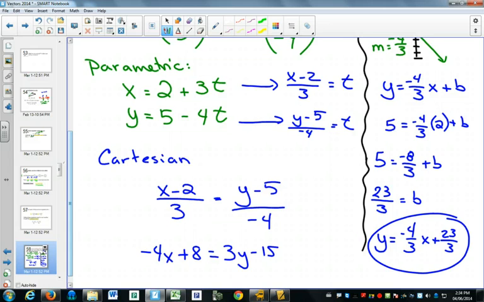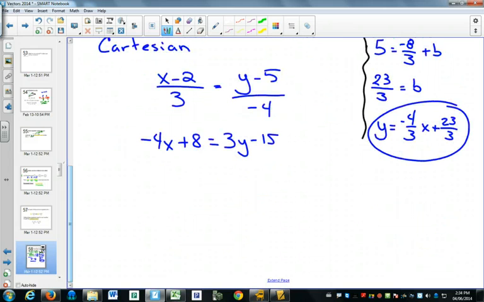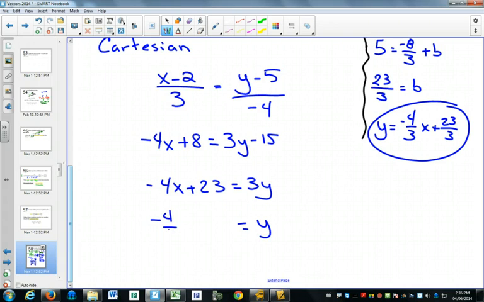And if I wanted to get y by itself, add 15 to both sides, -4x plus 23 equals 3y. And if I wanted to get y by itself, divide everything by 3. So I'll get -4 over 3x plus 23 over 3. Whoa. Exactly the same